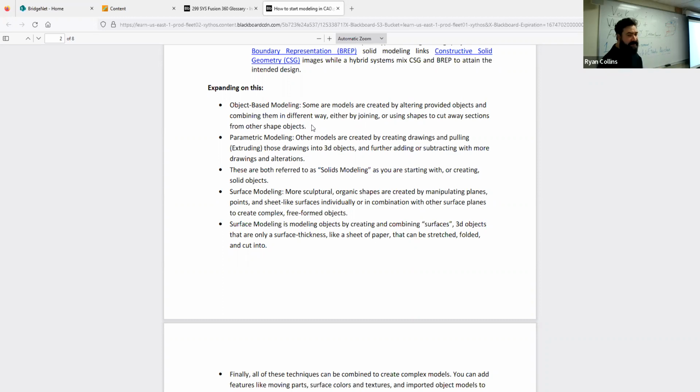The other type of modeling is parametric modeling. Big word for a pretty simple concept. Parametric modeling is creating models based off of drawings. So if I originally had wanted to make something like this, I could have made a drawing, two-dimensionally, like a draft or in drafting, that would have been that shape already, extruded that out,